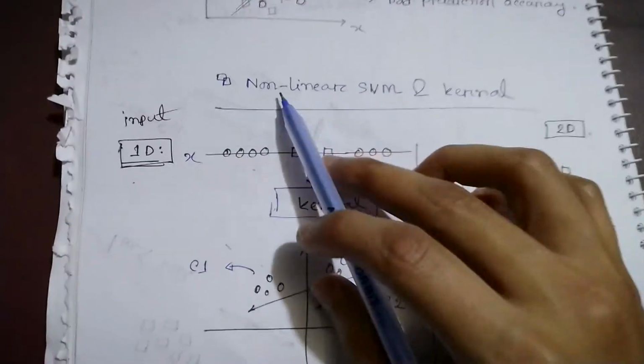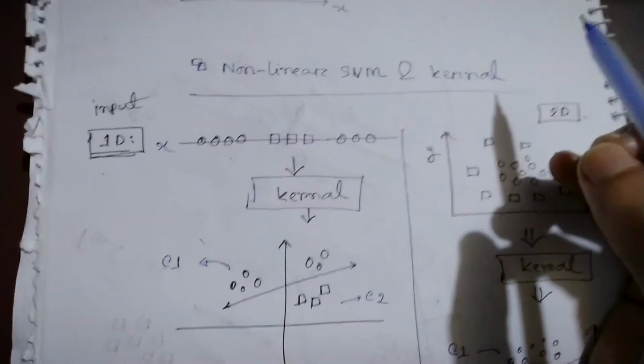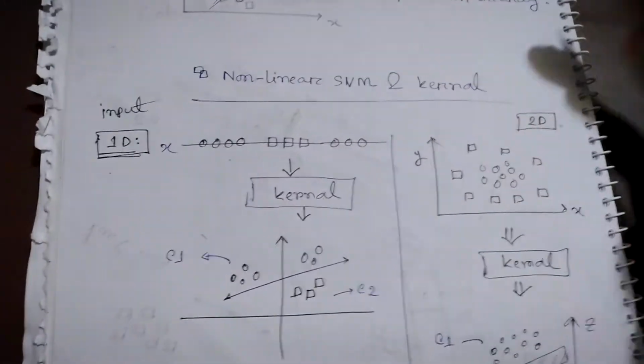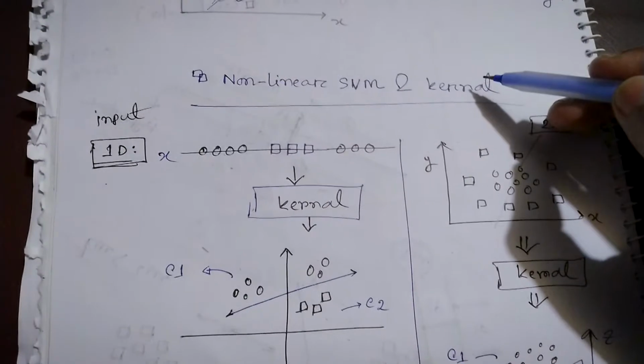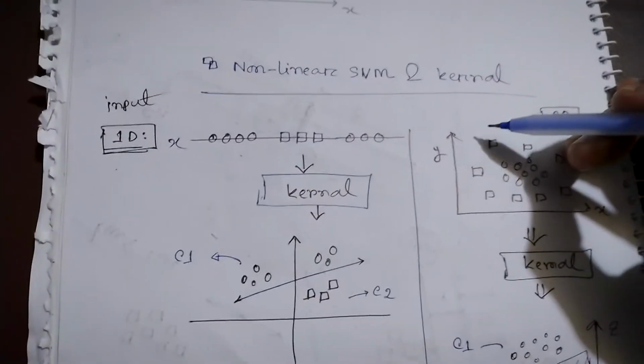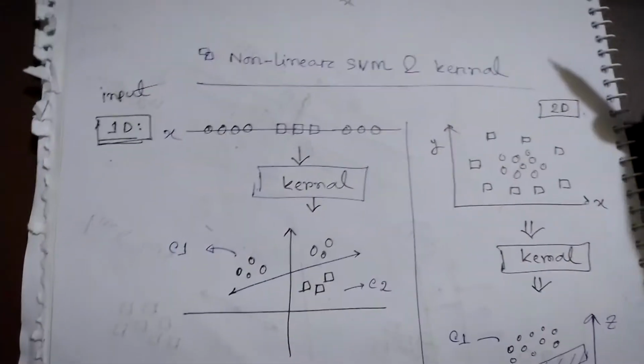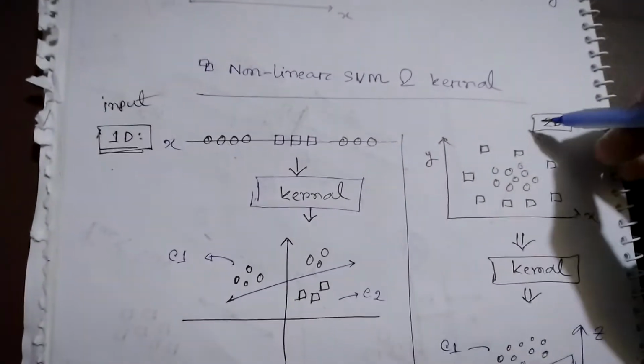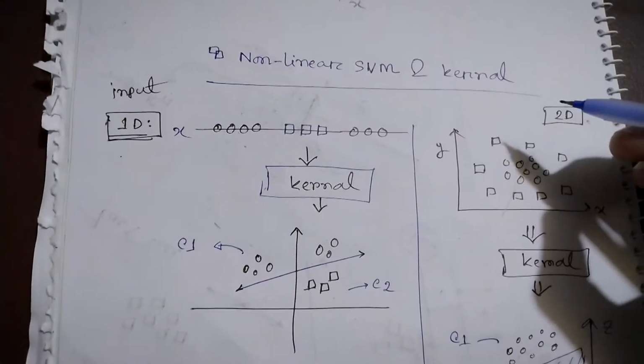So that's why we need non-linear SVM and kernel tricks. That is the most important thing in SVM, because kernels make the SVM very efficient and more productive in real life scenarios, as you will see. So understand this part more carefully, because this part is really important.